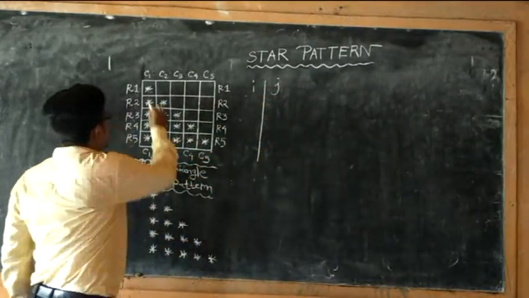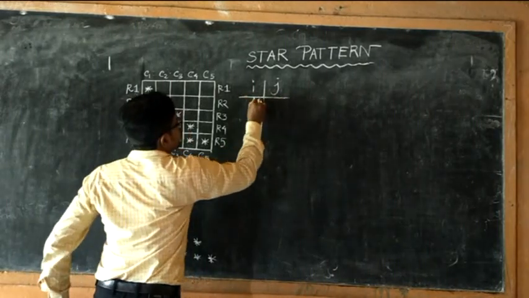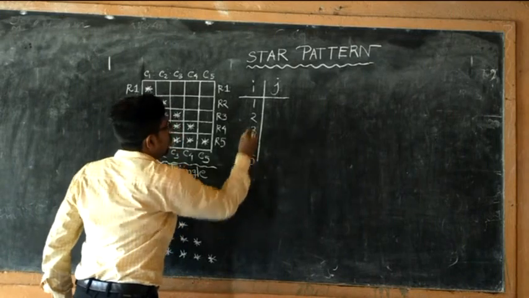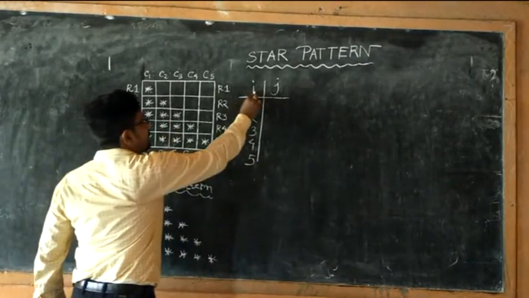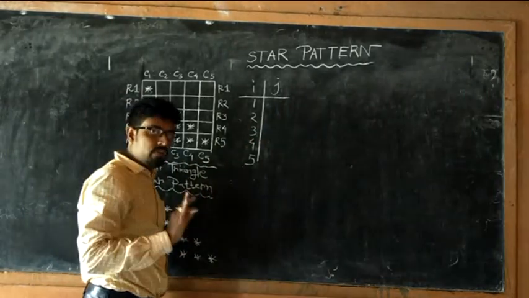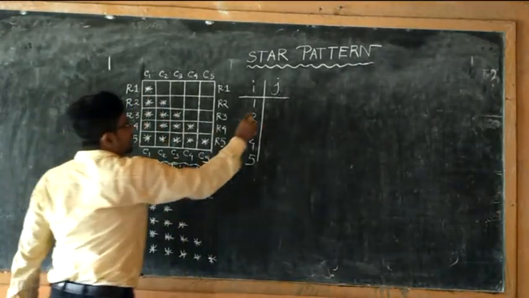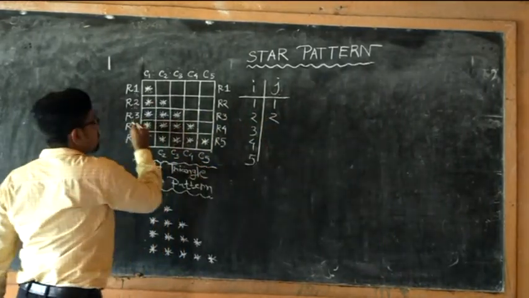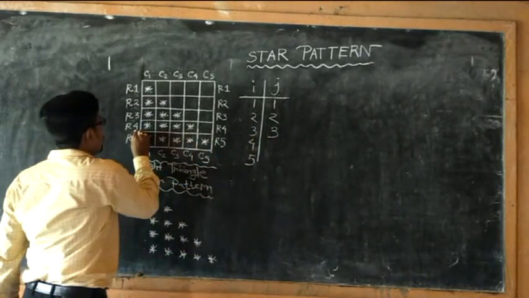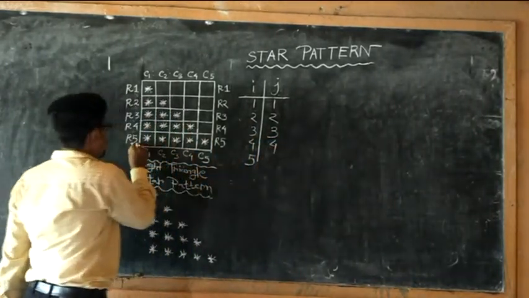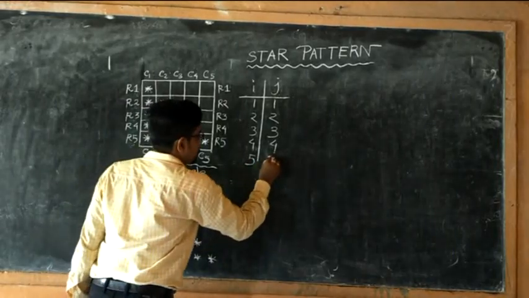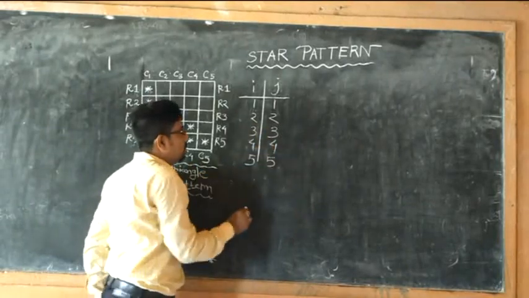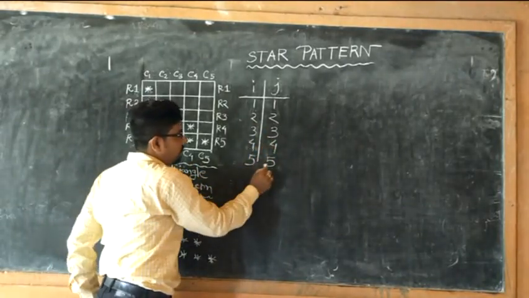Look at this, students. Row number 1, row number 2, row number 3, row number 4, row number 5. Row number 1, how many column values are there? i indicates the rows and j indicates the columns. We consider it so. Row number 1 has 1 column value. Row number 2 has 2 column values. Row number 3 has 3 column values. Row number 4 has 4 column values. Row number 5 has 5 column values. So row number 1 can contain 1 column value, row 2 can contain 2 column values, 3 holds 3, 4 holds 4, and 5 holds 5 column values.